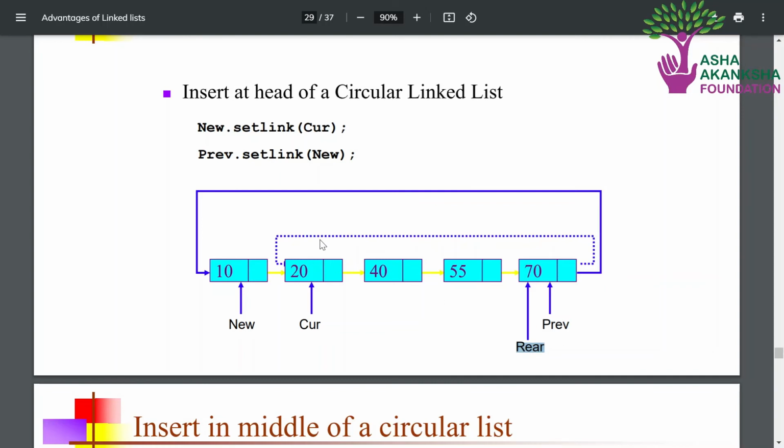After assigning the next of the rear to the newly created node, we will assign the next of the newly created node to the stored head, because that was the previous head of the linked list.